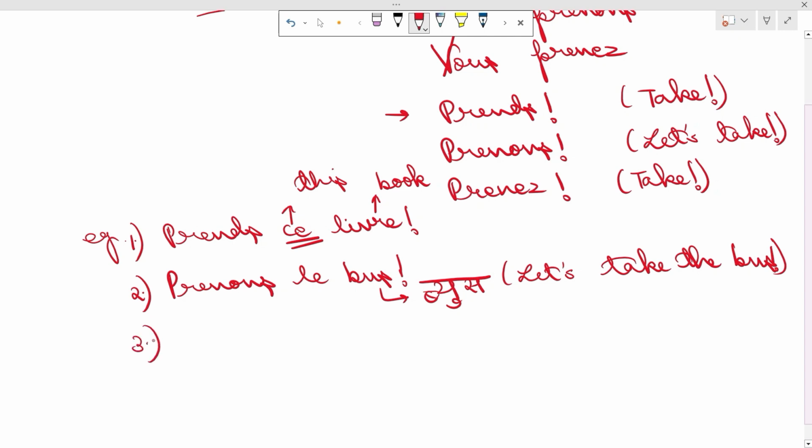The third example, prenez une chaise. Chaise means chair. So this is how we make the impératif affirmatif form for the three types of verbs, that is